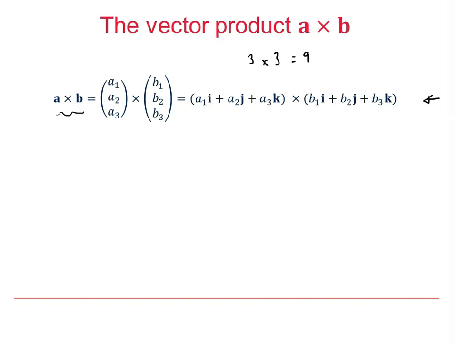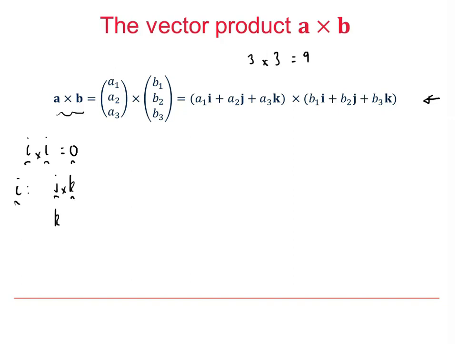But actually it's not too bad, because we'll see that we're going to get things like i cross i, j cross j and k cross k, and those are all equal to the zero vector because they are obviously parallel vectors that we're forming the cross product of. So the ones that we then have to look at are those involving different vectors. For example, the i component will come from j cross k